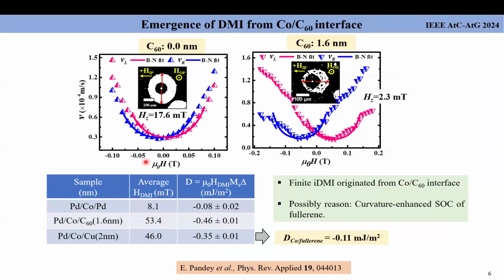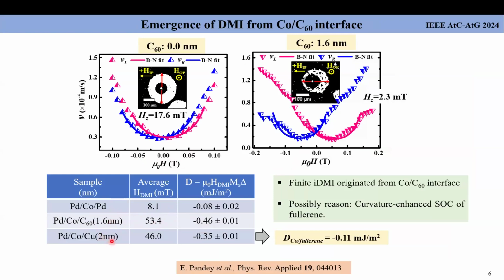In our case, we have measured the velocity versus in-plane field for these two samples and found that the minimum of the velocity for the palladium cobalt palladium sample is at 8 millitesla. Due to this symmetric structure, it gives rise to a very low DMI. However, for the palladium cobalt C60 sample, the HDMI is around 53 millitesla, which gives rise to a finite DMI from the sample. So this is promising because the heavy metal, ferromagnet, fullerene sample shows a finite DMI, and